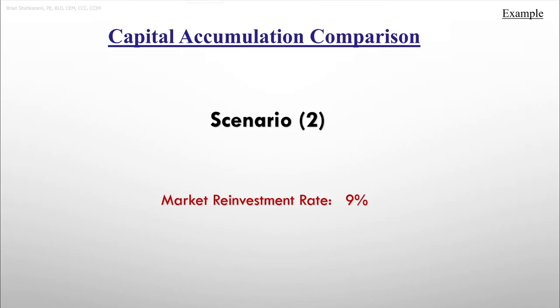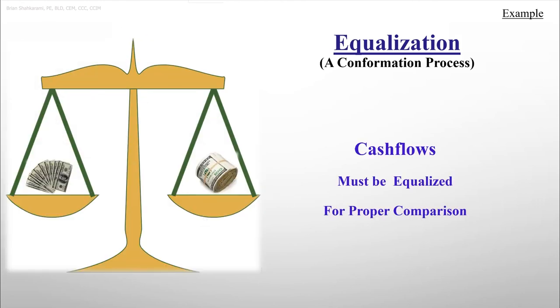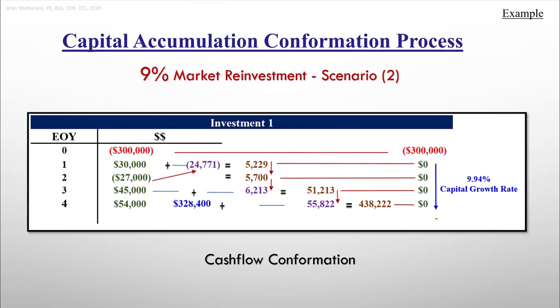For this reason, we will start with scenario 2, with a market reinvestment rate of 9%. We'll start with the equalization of our cash flows as follows. Looking at the cash flows, we see that on year 2, we have a negative cash flow. This negative cash flow must be projected backwards in time to year 1, right here, at a market reinvestment rate